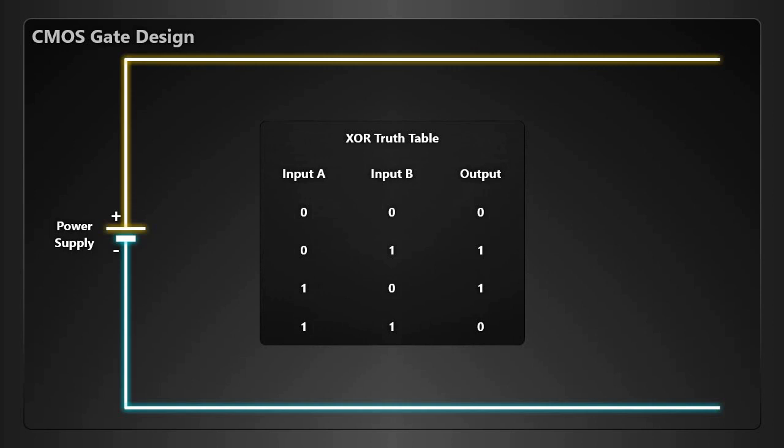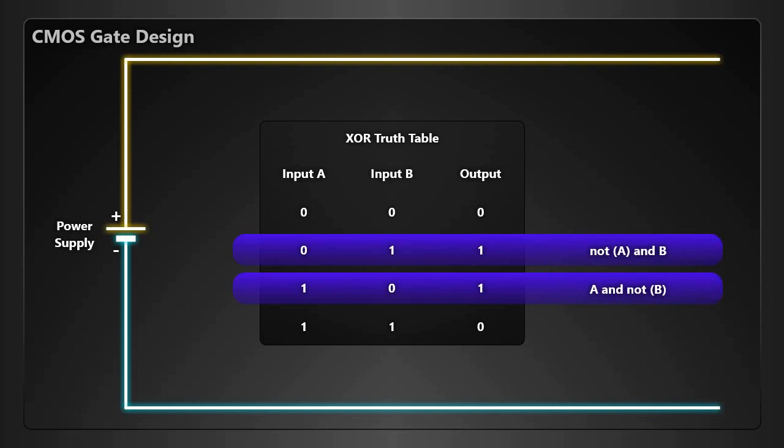To make any complex gate, we can start by its truth table so that we can express it as a combination of NOTs, ANDs, and ORs. Let's have a look at how to create an exclusive OR gate. The truth table for XOR is this. We see only these 2 lines outputting true, so we can express this gate as not A and B or A and not B. For this kind of analysis, I strongly advise you to have a look into Karnaugh maps if you aren't already familiar with them.